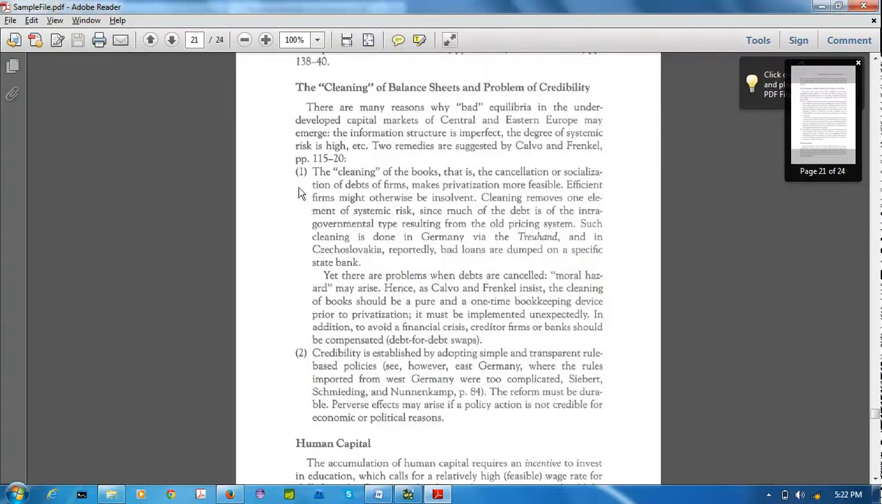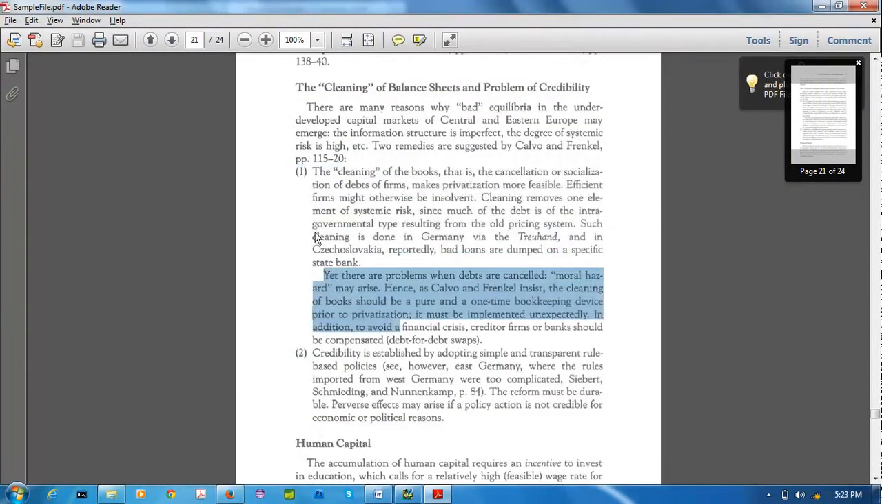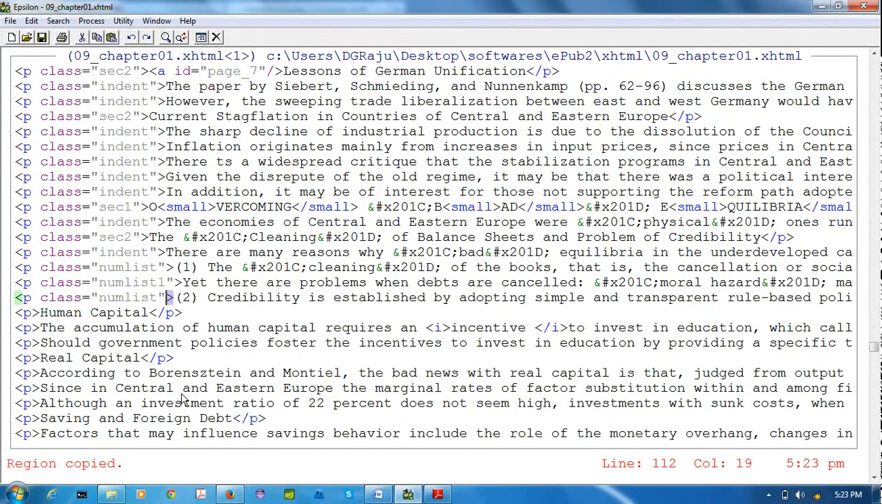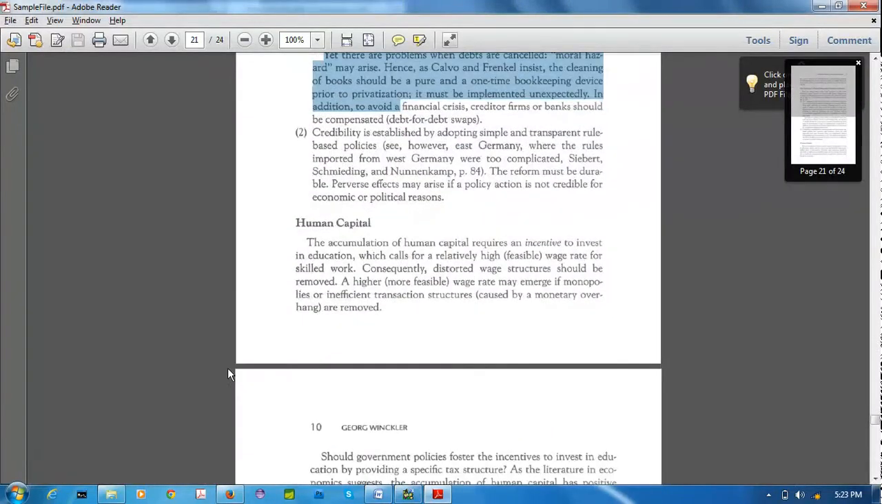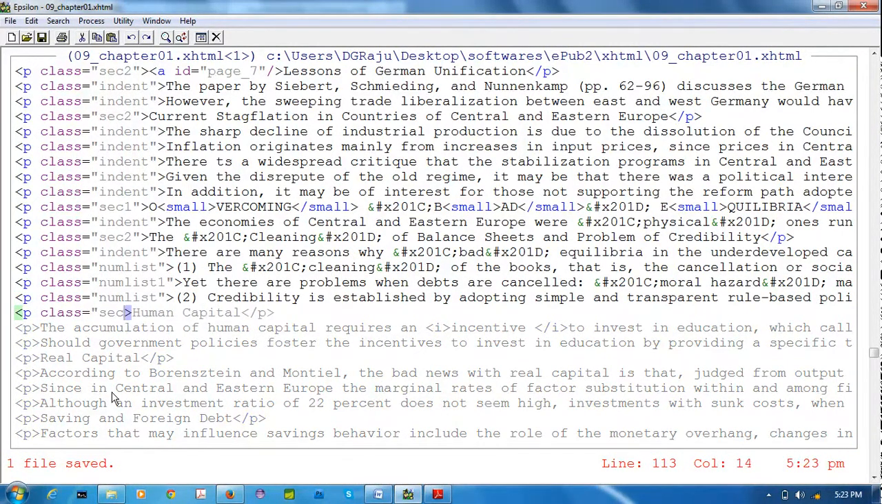Indent. These two are different. So that's why I'm giving a different class name. Space class equal to num list. So number list. This one is different. Inside the number list it has indent, no? That's why I'm giving a different class. Class equal to num list 1. 2 also has the same as 1. So I have given the same. This one is section 2